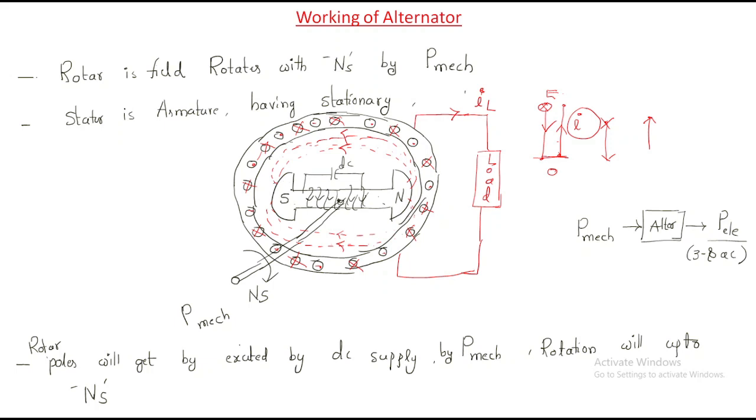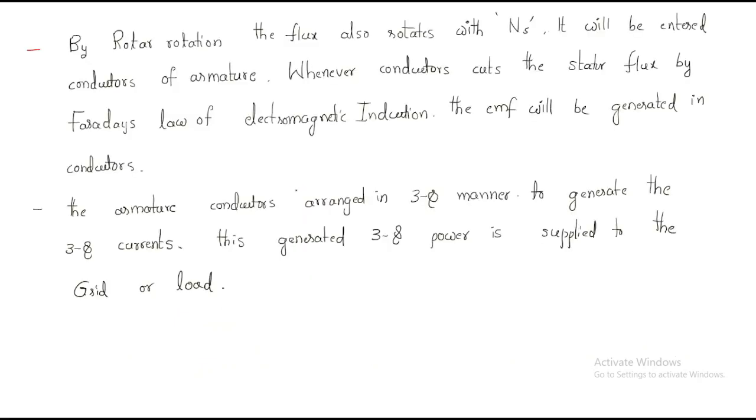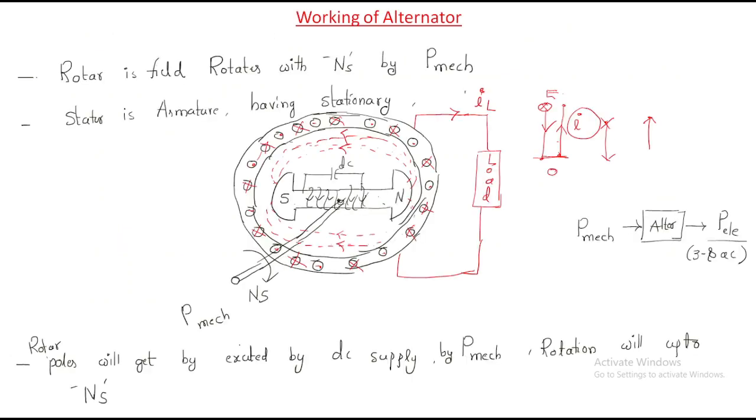This is the process occurring in the alternator. Due to less time, I explained this briefly, otherwise we have more methods to explain it. Okay, this is the working of the alternator. In case of an induction motor, we require the torque, but here we require the electrical power. We are generating the electrical power by giving the mechanical power as input. So this is about the working of the alternator.